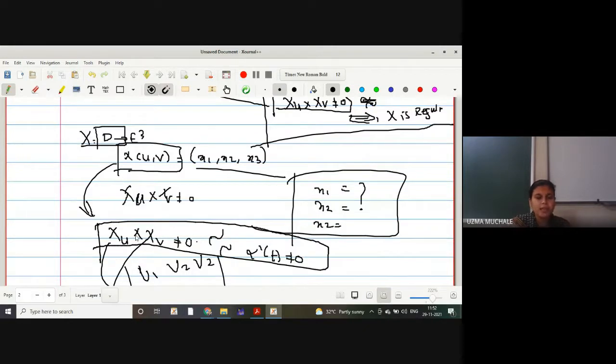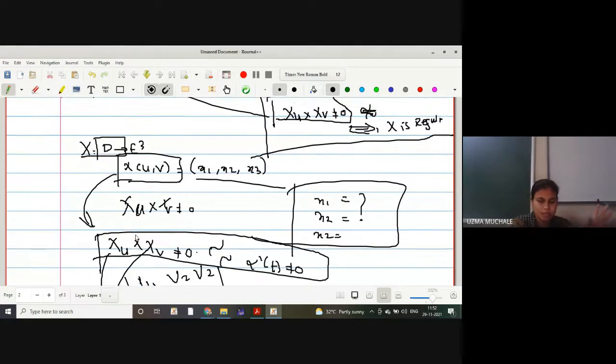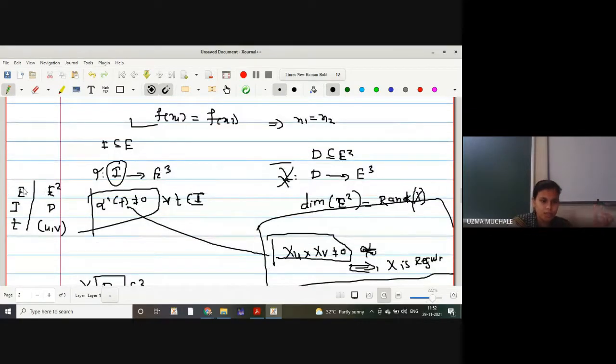Very similarly, as we have seen the similarity between xu, xv and alpha dash of t, x is a mapping with the two parameters u and v, and we have simply extended what we know about alpha dash of t and curves. We wrote the curve using an interval, right? Alpha is a mapping from I to E3. Just now I've shown you the similarity. Instead of E3, we have E2 space. Instead of an interval, we have D, which is a subset of the E2 plane. And instead of parameter t, we have u and v. For a curve we find the derivative with respect to t only, and here we find derivatives with respect to u and with respect to v. Then it ensures that your surface is smooth.